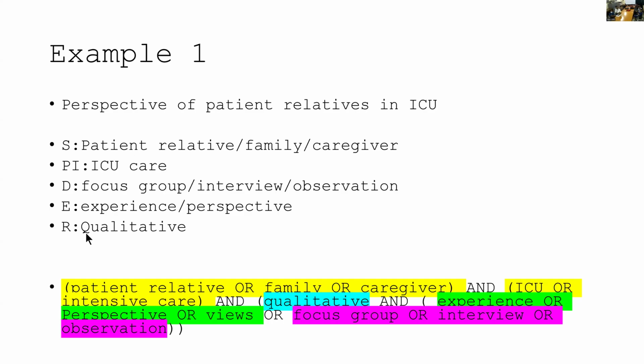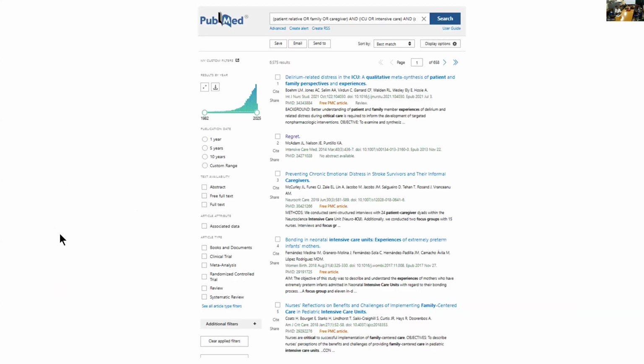So when I searched it, yellow basically stands for your S. So patient relative or family or caregiver. I have added it with ICU or intensive care, and again added it with qualitative, that's your R. And I've added the experience and perspective, which would be your E, along with the design group. So I have got almost